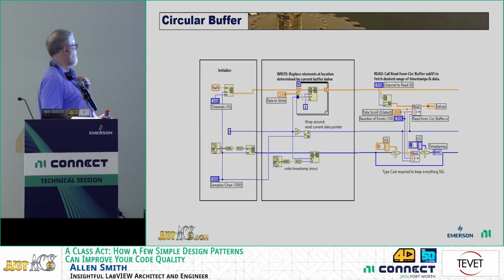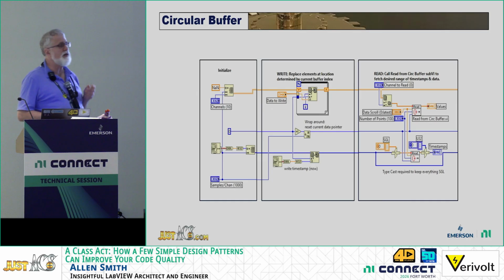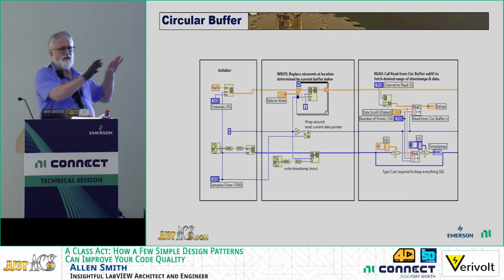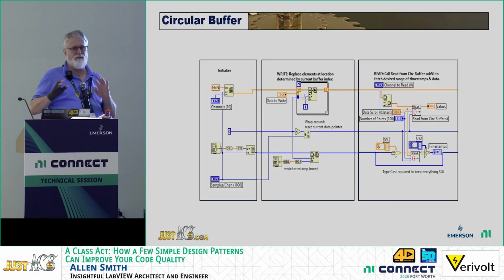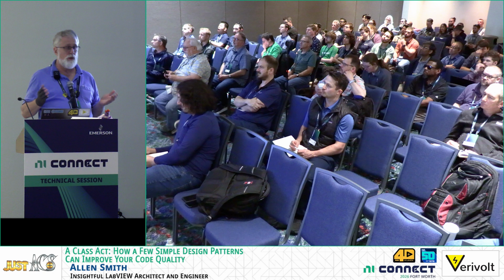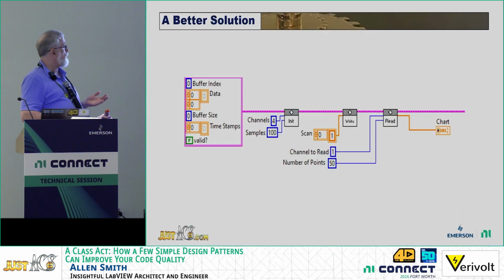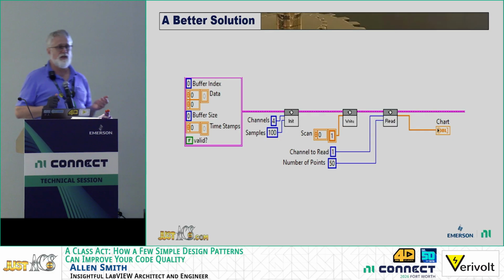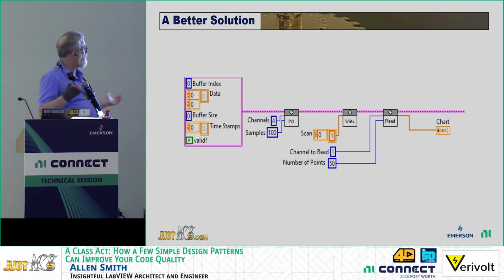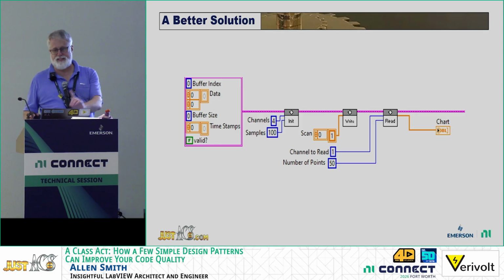When I want to do a write, it looks like this. When I want to do a read, it looks like this. And I could naively just take those code snippets and litter them throughout my application. I think everybody in the room realizes that would be a very foolish thing to do. We're all here, we're all decent programmers. So we're gonna wrap those suckers up in VIs with a cluster that we pass through, right? Everybody's gone through this evolution. Okay, that's cool. That works, except,